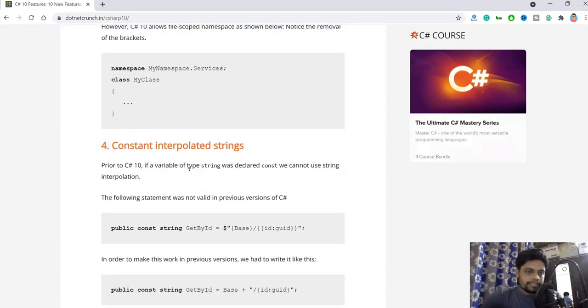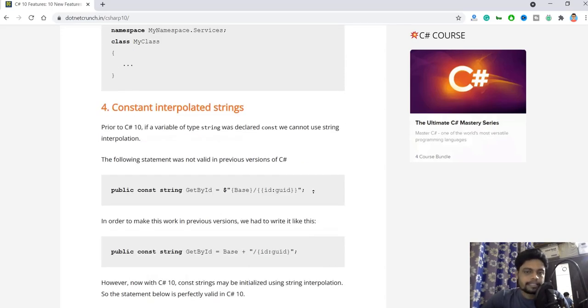So the fourth one is constant interpolated strings. In C Sharp 10, you can now interpolate your constant string variables. Prior to C Sharp 10, if the variable was of type string and was declared as a constant, we could not use string interpolation. So here in this example, you can see